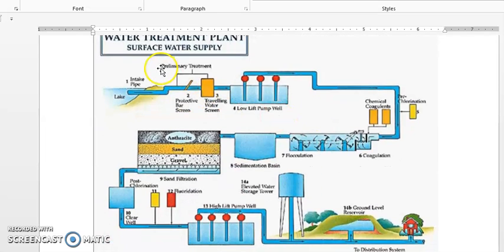There is one more you can see here, a water treatment plant here, and then it is distributed in an overhead storage tank. This is a pump well from where it is pumped and stored in an overhead tank, and then it is distributed. So some pumps are there here. These are the primary treatment methods. Then you have coagulation, flocculation, sedimentation, sand filter, chlorination, right? So like this.